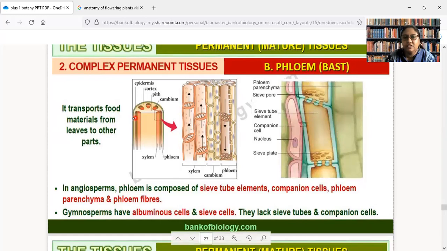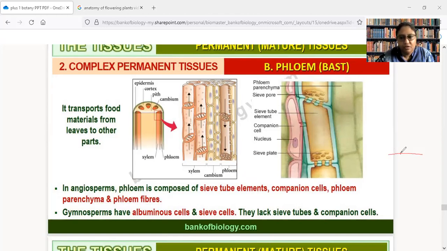So obviously, in the case of phloem, the food is produced in the leaf, but it is required by all plant parts. Whereas in the case of xylem, the water is absorbed from the down part, that is from the soil, and it needs to be distributed towards all parts. Now, one very important thing I wish to share here, that in the case of xylem, the flow is unidirectional. Why? Consider a situation you have a very healthy plant.